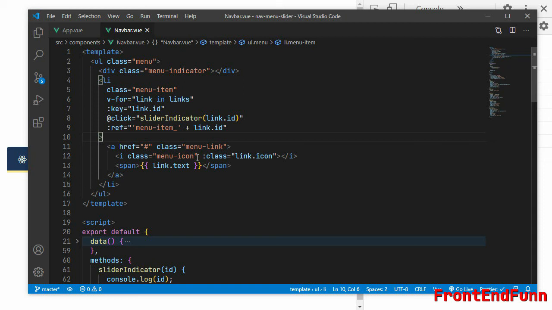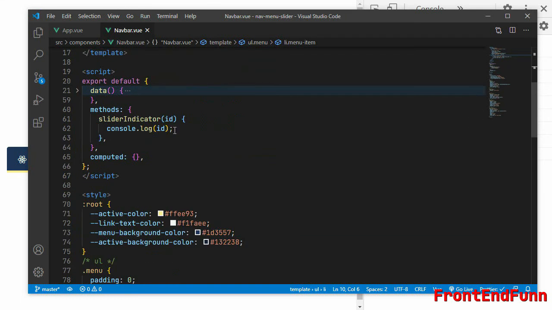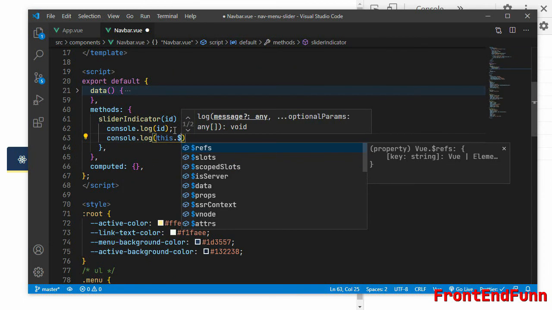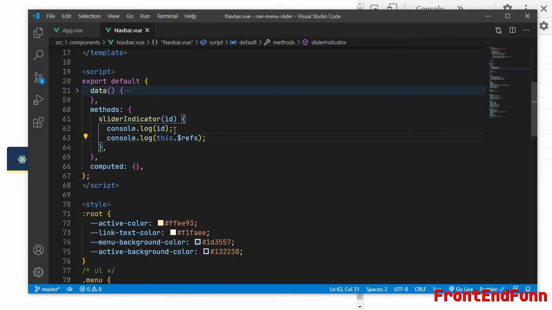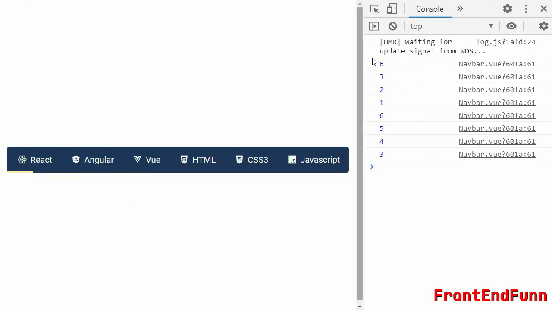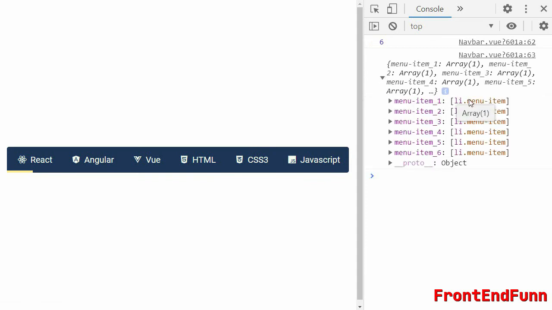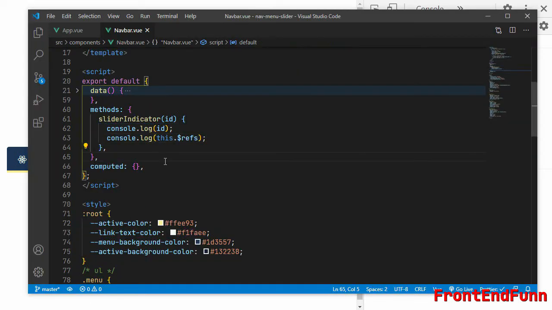Okay, so when I console.log this.$refs, as you can see, we are having an array of list items here, 1 2 3 4 5 6. Okay, now we need to find a way where the user clicks on the particular ref element.